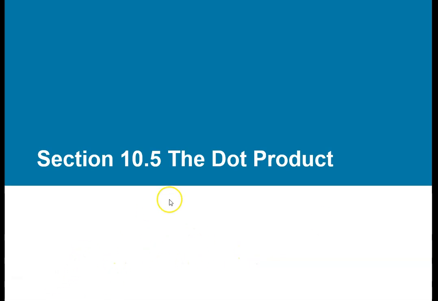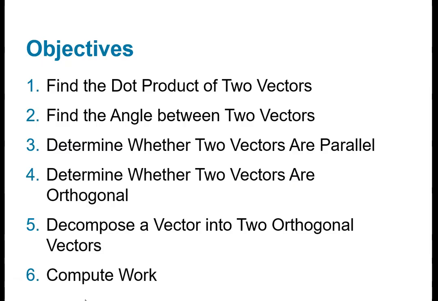Hey, Tree class, we're going to look at 10.5, the dot product of two vectors. So in the previous video, or previous section, we learned how to add vectors, subtract vectors, scale vectors. That was kind of multiplication, but this is a way to multiply two vectors. There's actually two ways. We don't get into the second way in this course, but the dot product of two